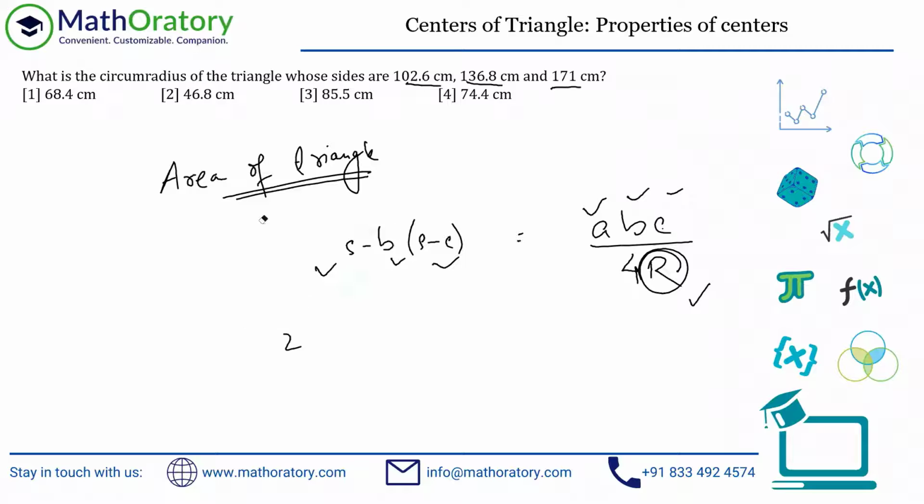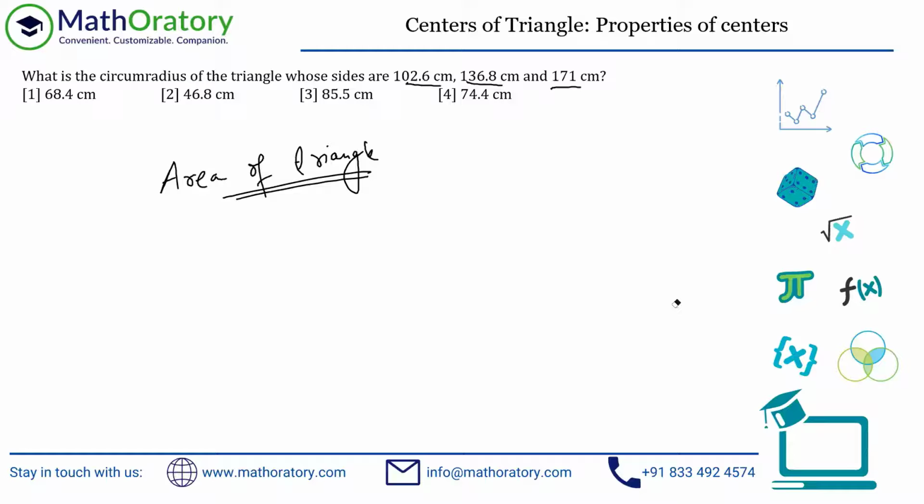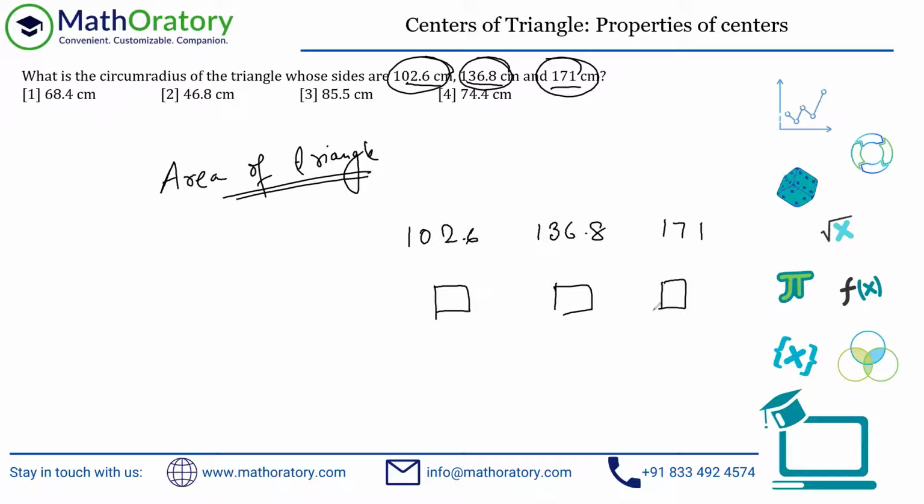I'm going to first of all always try to simplify this if possible. So first thing, I don't believe that they want me to work with these numbers alone. So what I'm going to do is try and simplify these numbers a little bit. How to do this? Just understand this approach. First thing, I'm trying to get a ratio of these three numbers. Whenever we are trying to get a ratio of three numbers, we are effectively trying to divide by their HCF, right? So whenever you're trying to get the ratio, try to find the HCF. That should be the first thing that hits your mind.